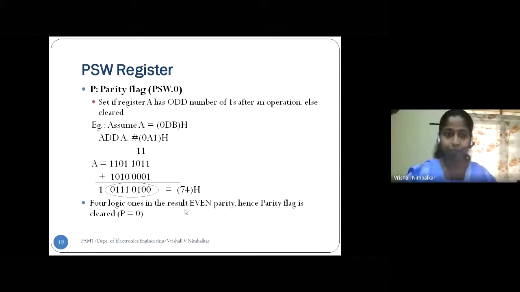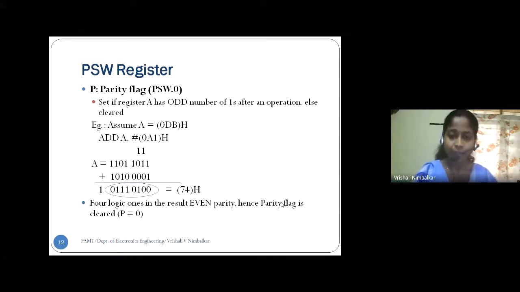Now the next is the parity flag. Right? Now that is the last flag bit, parity. Somewhere in digital electronics, you all might have come across parity codes, even parity and odd parity. Correct? Now, what does odd parity and even parity mean? How do we count when we say it is odd and when we say it is even?